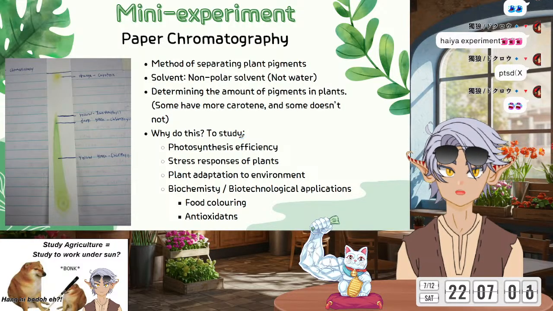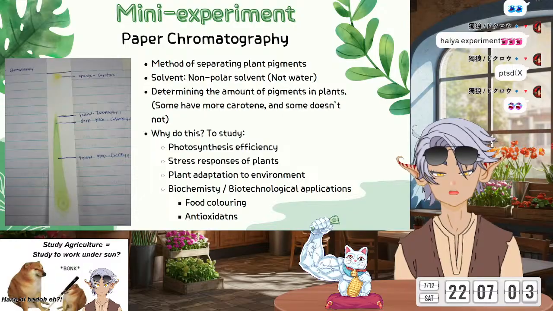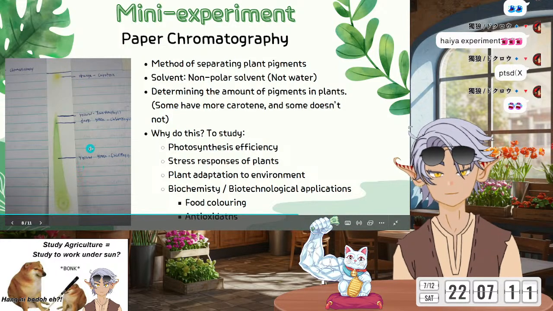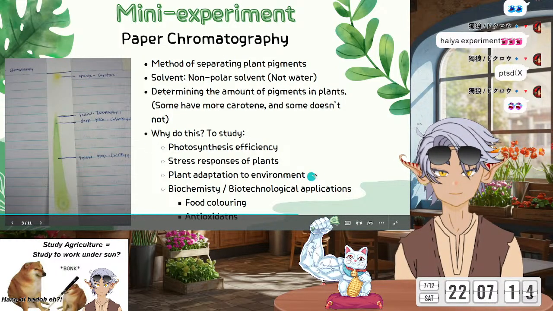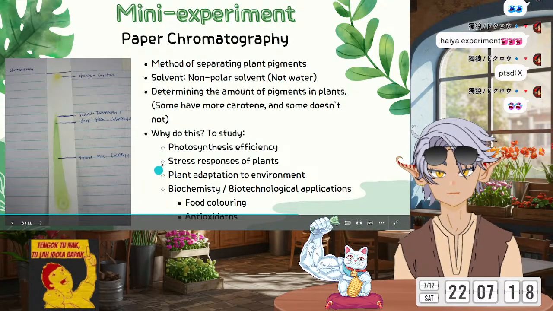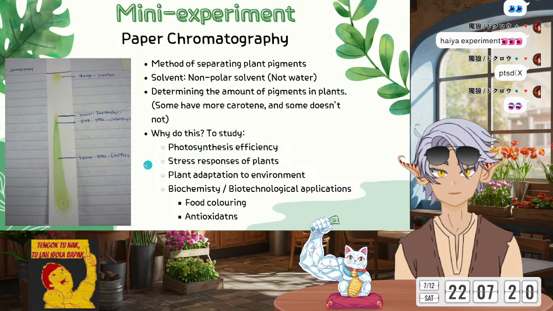That one is another deeper level of study in botany. Okay, not agriculture. In agriculture, we need to know that plants do photosynthesis and there are different types of plant pigment. The third one is to study the adaptation. So these two are related. They have stress and they need to adapt.